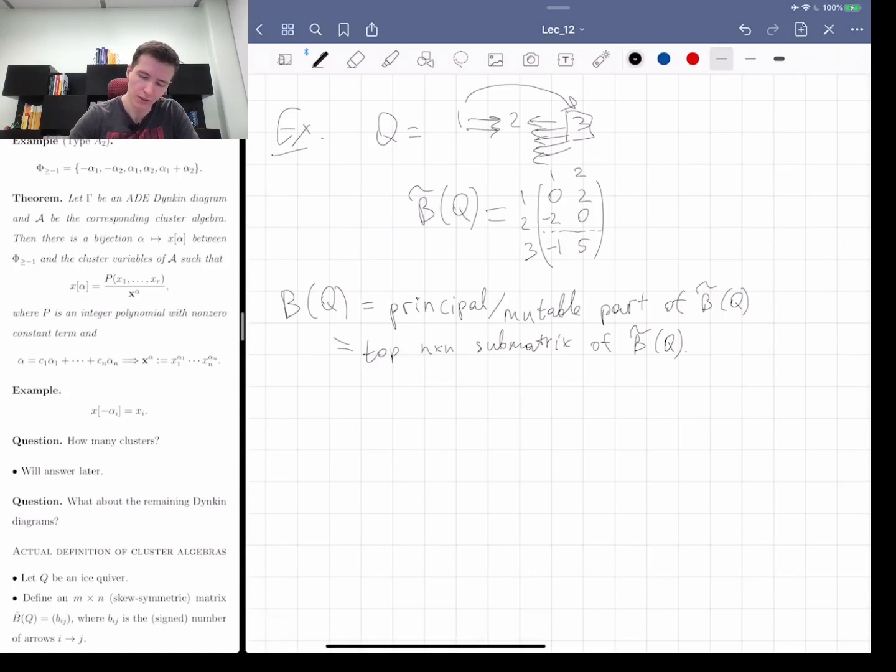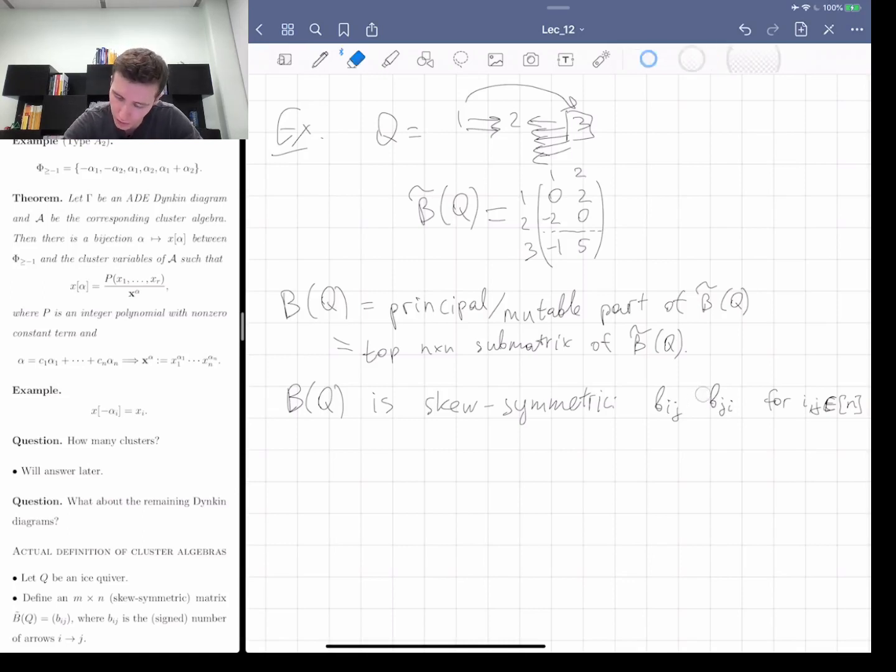And so in particular this principal part, b of q, is skew symmetric, which just means that bij is equal to negative bji for i and j between 1 and n. So for mutable i and j, let me write it down more carefully, bij is equal to negative bji. Alright, now